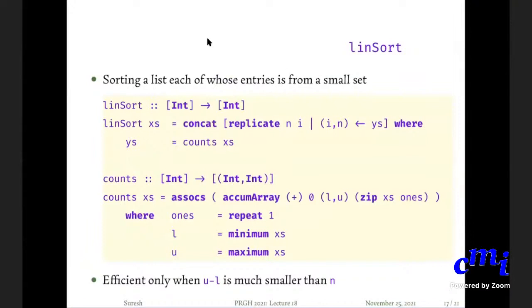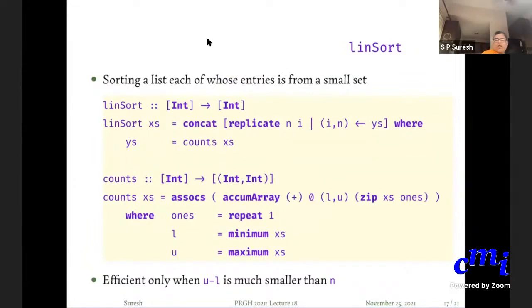Very good question. Typically n-log n, because even if you consider U minus L to be 100, then N will be 2 to the 100. Even if you go to N equals 2 to the 100, your n-log n sort might be better than this. I agree with what you say. But it is true that you can consider cases where U minus L is much smaller than N, in which case this is better. It is just a curiosity to tell you about accumulate.